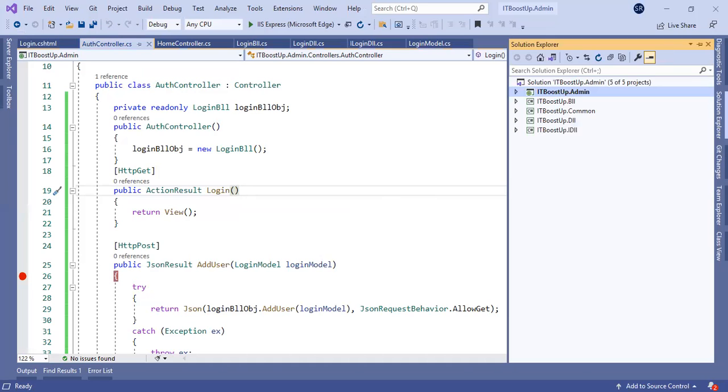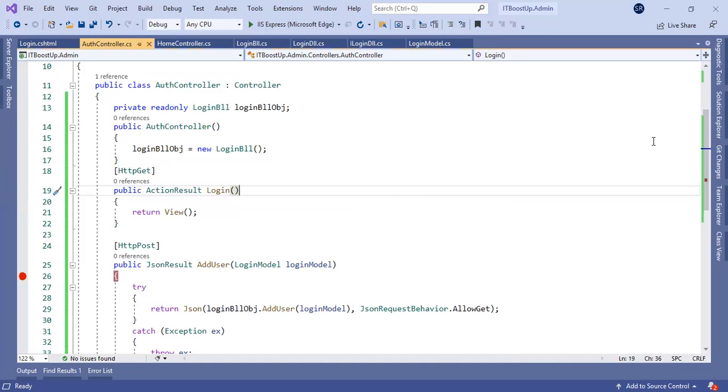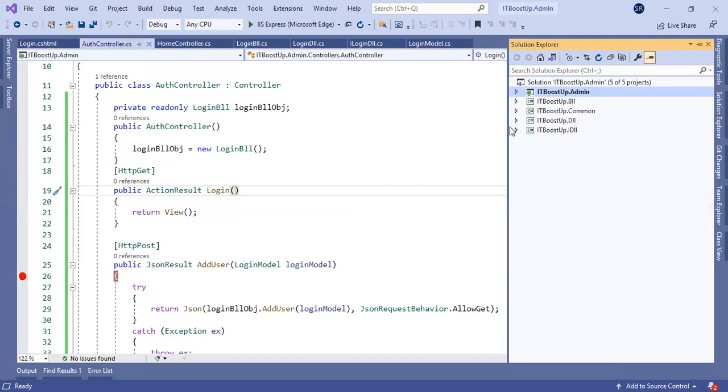Like in the last video, we created this three-tier architecture inside the MVC. Whatever architecture we have created, this solution architecture, we will upload to GitHub. So today's session, today's lecture, it should be